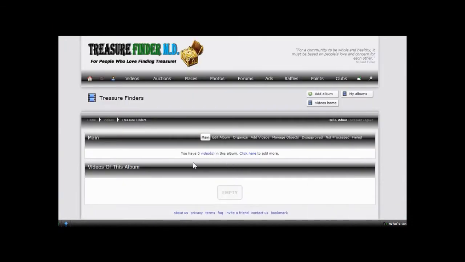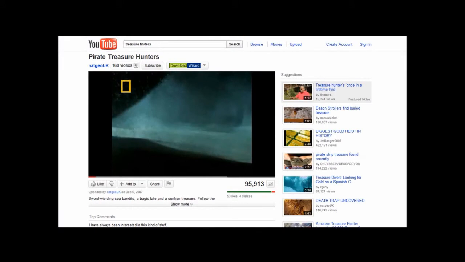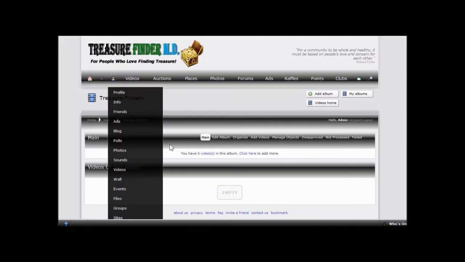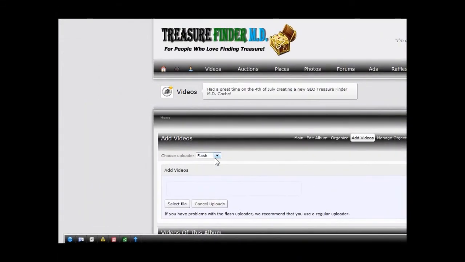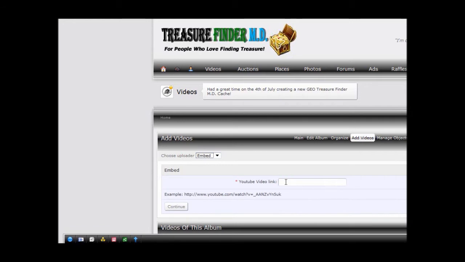Okay, I'm back. I just created a quick album, add album, and it's called Treasure Finders. And I found this neat video. You just copy and paste the URL. Click here. And you can do a flash, regular, which pulls from your computer. If you do about 4 minutes from your own video, it takes probably about 10 minutes to upload. Record, you record from your camcorder, and embed, that's what we're going to do here. So just copy and paste that in there, hit continue,